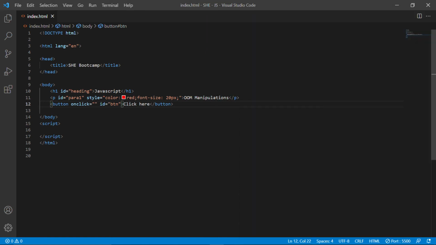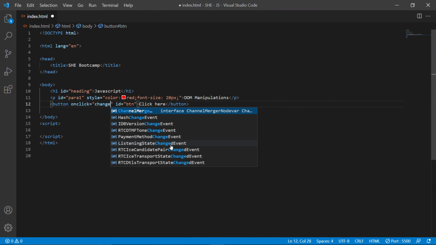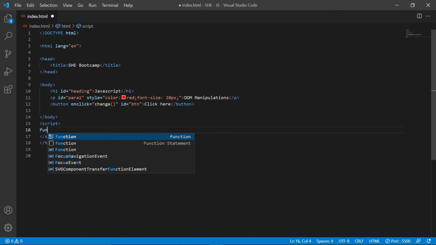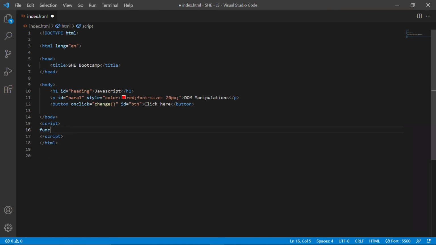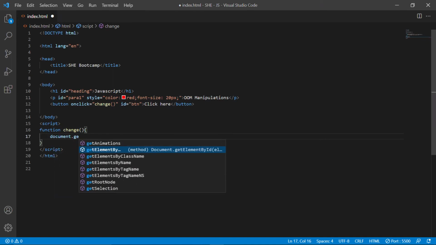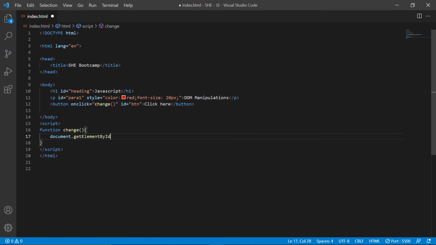So in onclick we have to add the function change, and then create the function here. Access the element document dot getElementById para1 dot.